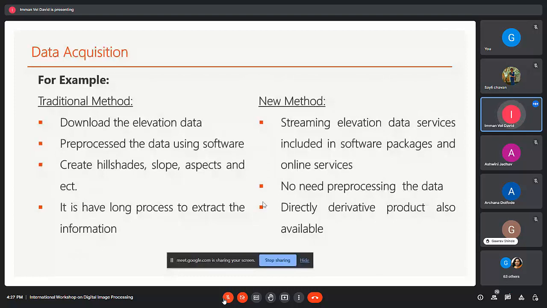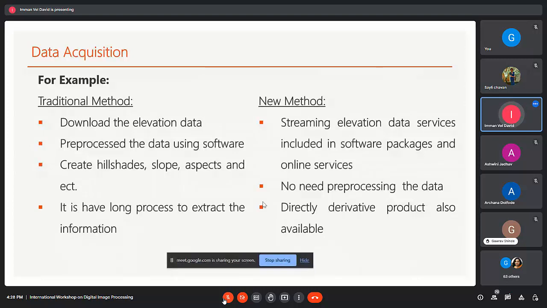In the new method, software packages and online services have streaming elevation data services, because they are already collecting the elevation data, storing it, and creating derivative products from it.